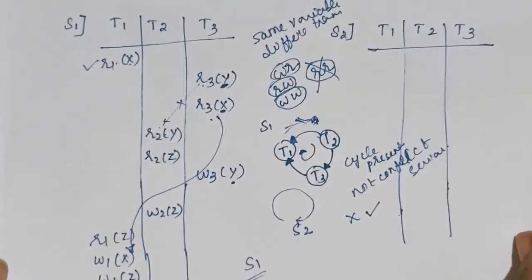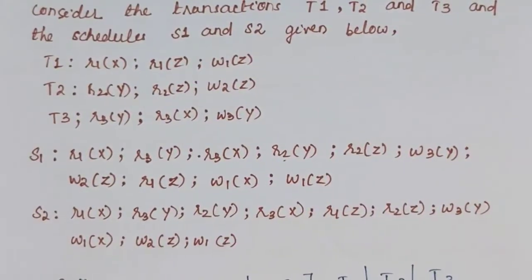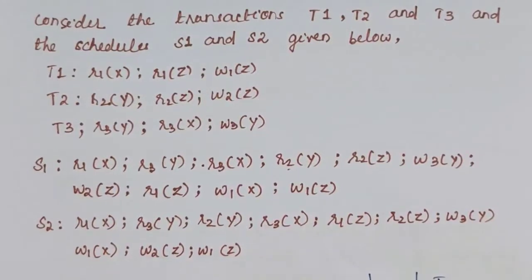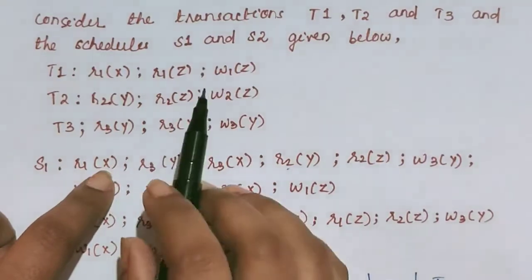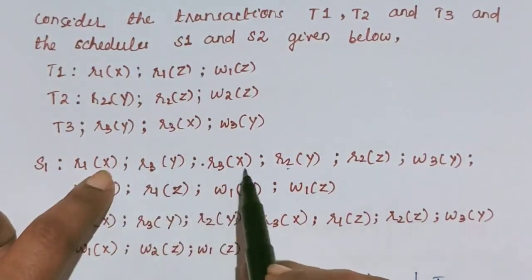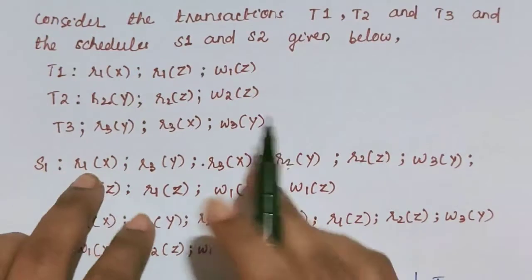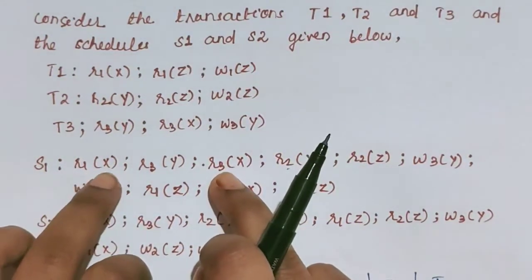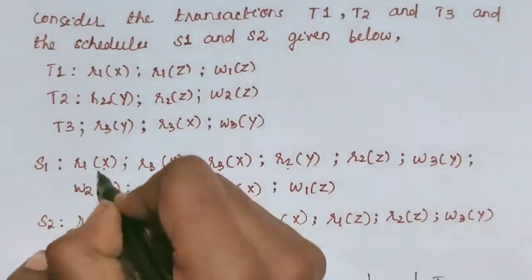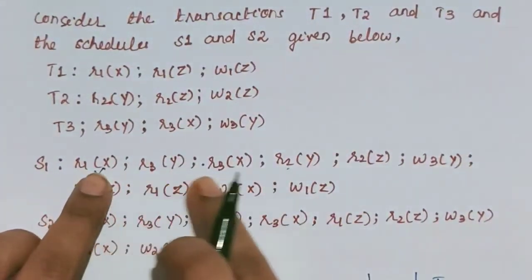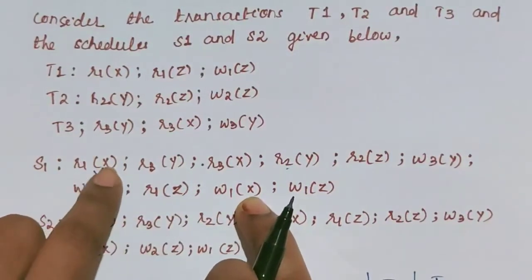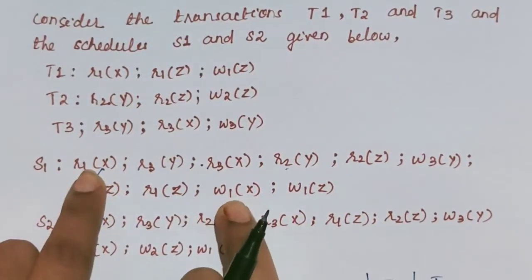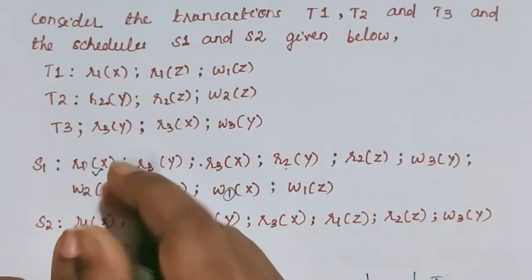But this is a long process, to make all these transaction diagrams and all. I will tell you the shortcut for finding conflict serializability. See here, this is the process. You have to see the same variable, okay. X is here, X is here, but see, the operation is read, so this is not a conflict. You have to check first for this variable, find X, where X is there. Here also X is there, same variable and same transaction, R1 and W1, so it is the same transaction, so this is not a conflict pair.